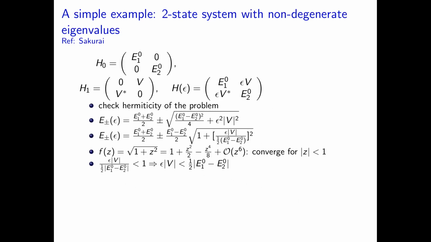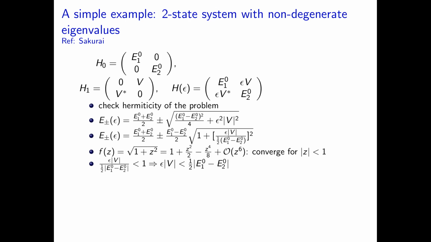Okay. Now, I will end this module with a small example which is from Sakurai, and I want you to solve this problem in detail from Sakurai. It is referred to as the two-state problem. It is a two-level system where you can solve this using perturbation theory and see the criteria of how small is small enough.